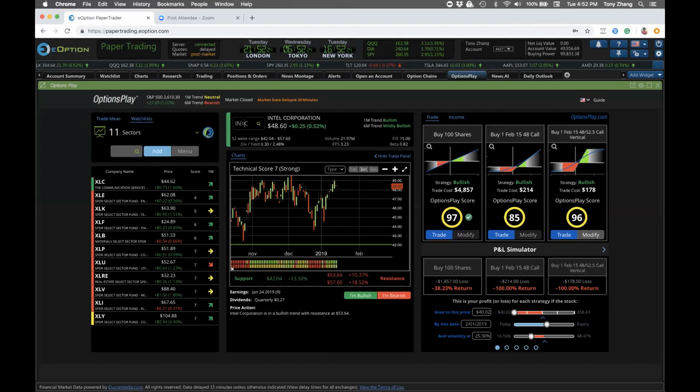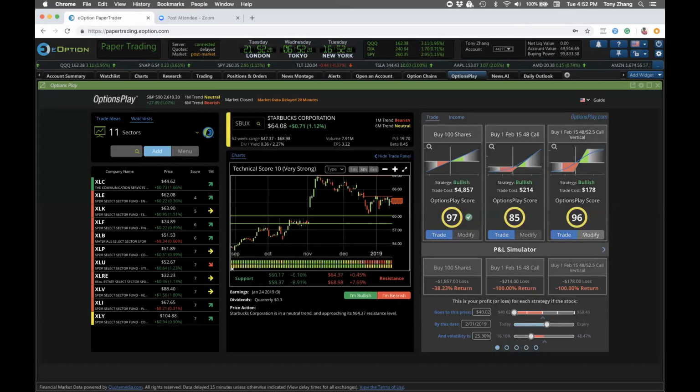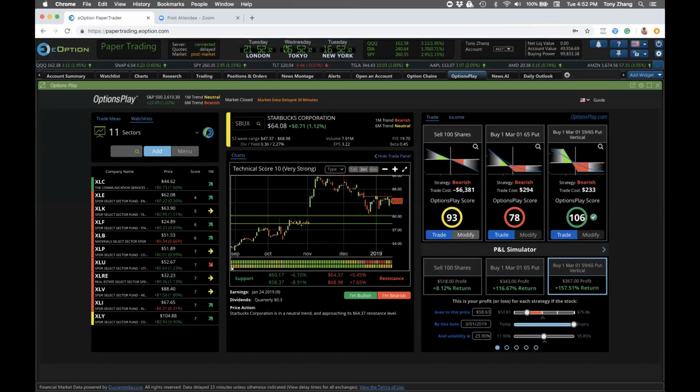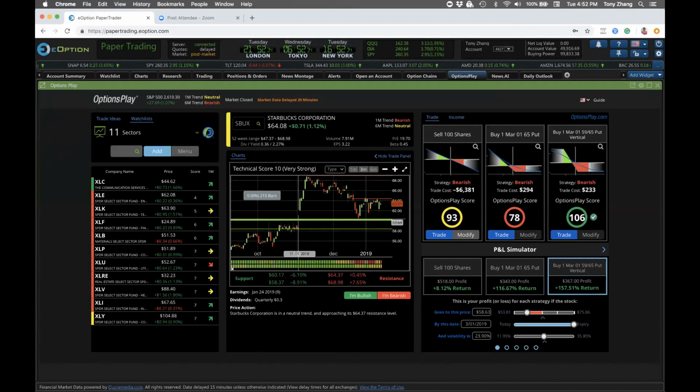Let's go through some more examples just to help drive this concept home. Starbucks. This is a stock that I was looking at earlier this week. An interesting stock. This stock really rallied going into November. Certainly took a dip with all the other stocks, and has really been trading range bound since.